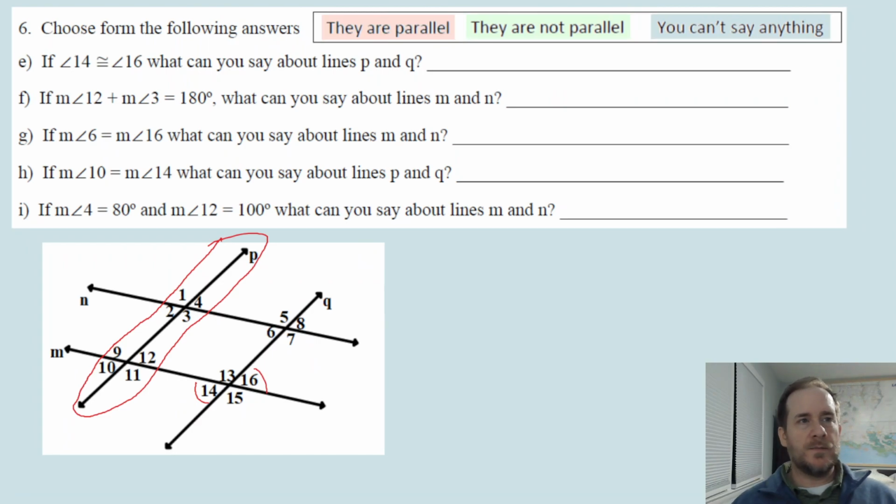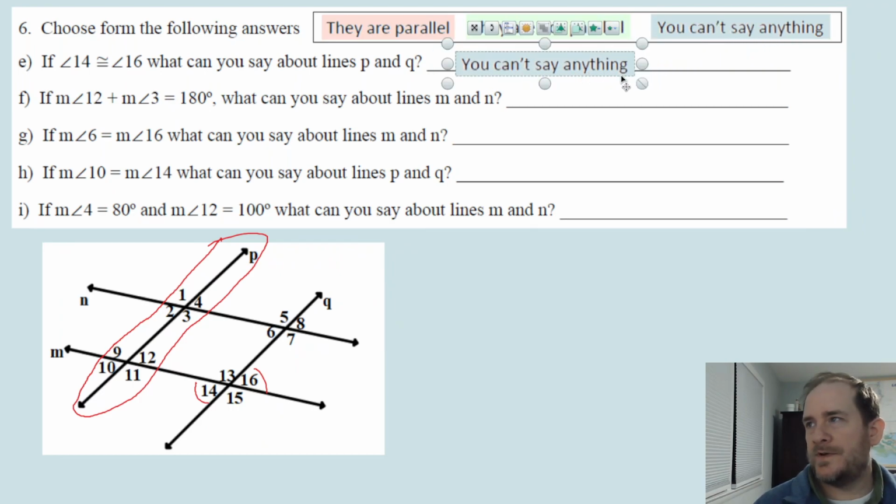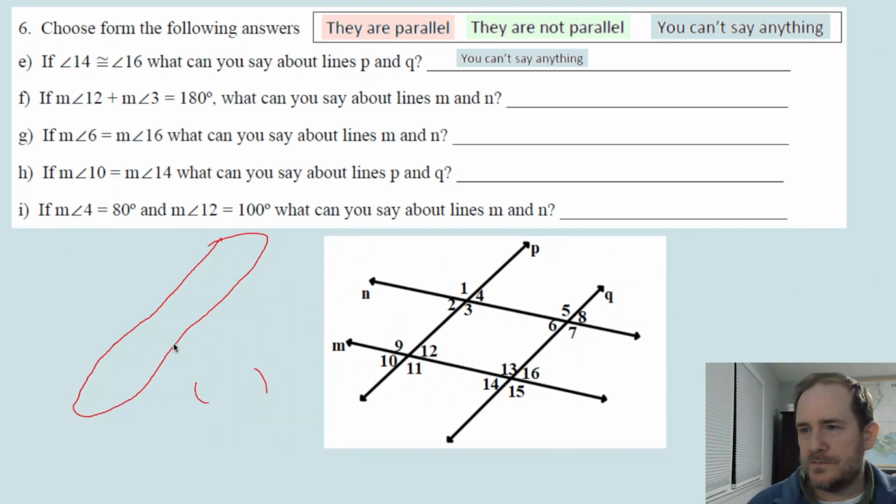Okay, I just had to pause the video for a minute so I could make these colorful thingies. I just didn't feel like writing all the answers. Now I can grab this and just drag it down. So we know that you can't say anything about P and Q based on 14 and 16 because 14 and 16 are vertical angles. They don't give us any information about parallel lines. So let's try the next one,